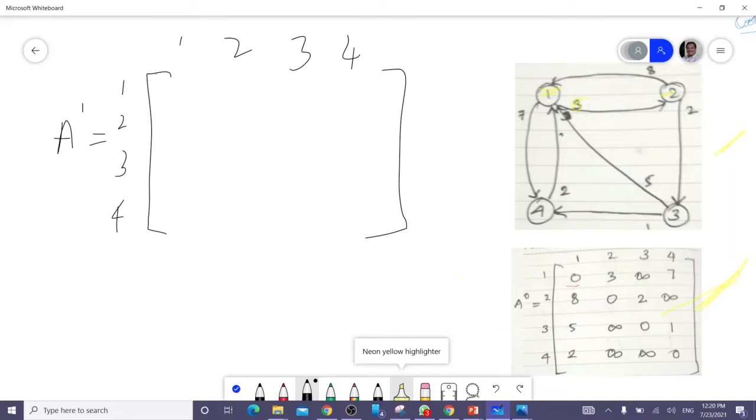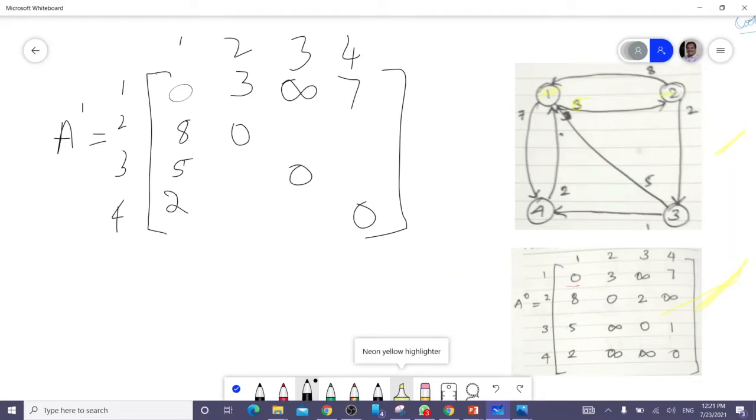Keep the first row, first column constant: 0, 3, infinity, and 7. The diagonal you write as it is. Next, 8, 5, 2.